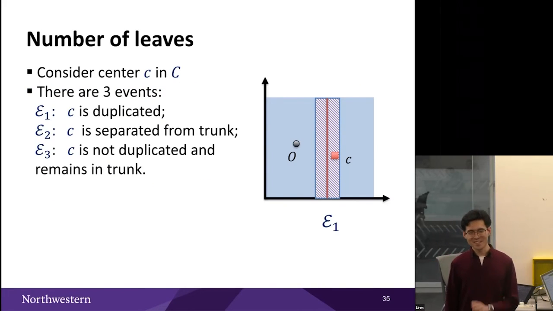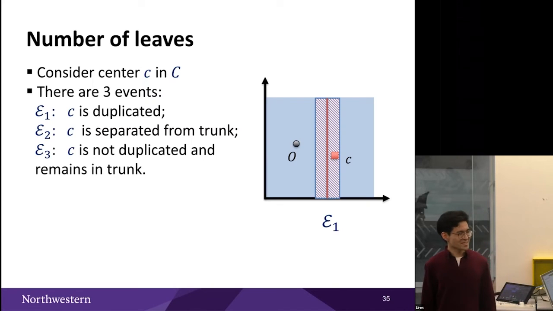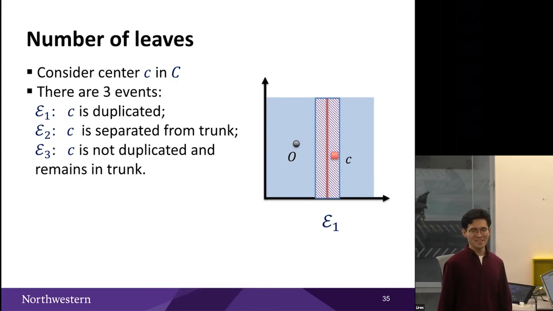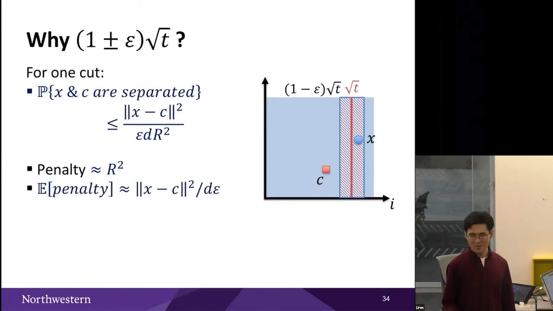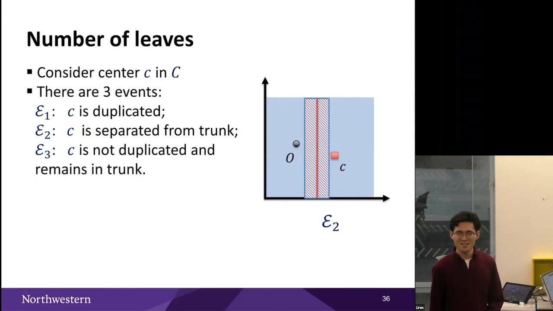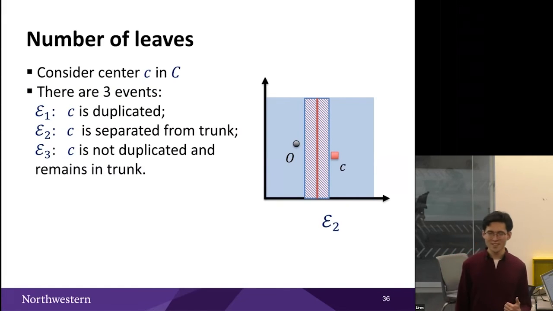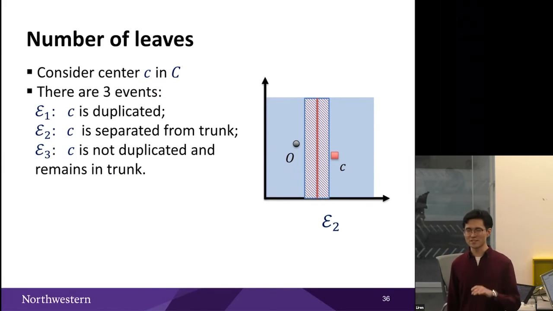Okay, fine. Let's first analyze the number of leaves. So first, we consider any fixed center C in the center set. There are 3 events that might happen. The first event is C is in this shaded area. Then this center C will be duplicated because it's shared in both the left and the right region. And the second event, this C is separated from the trunk. Here we define the trunk as the region which contains the median,